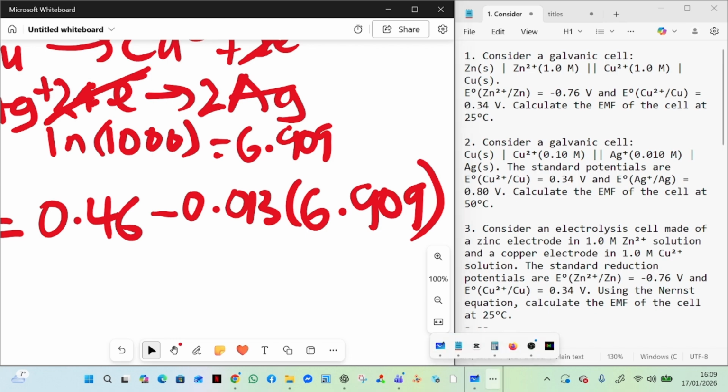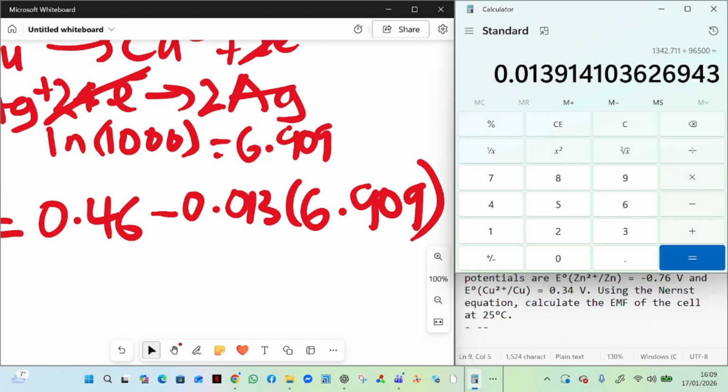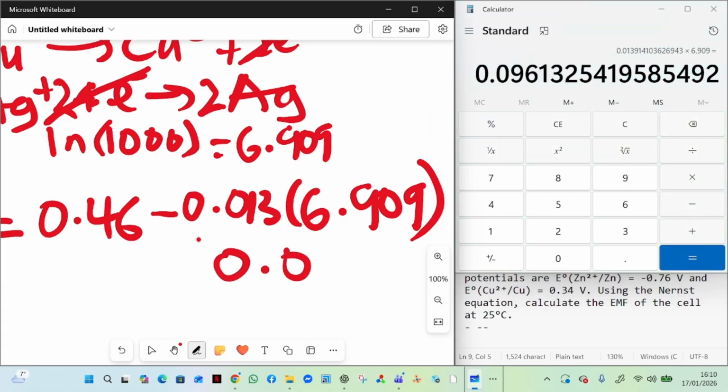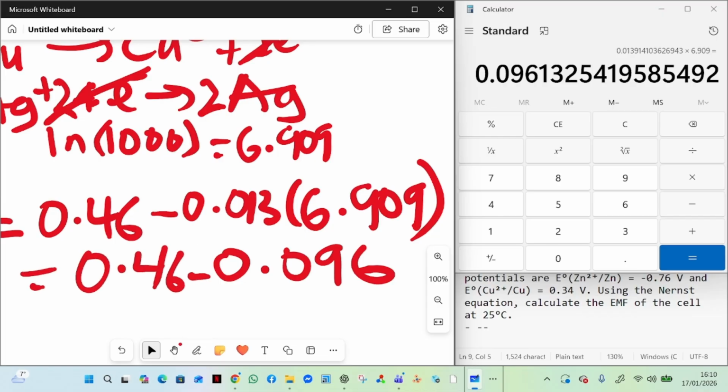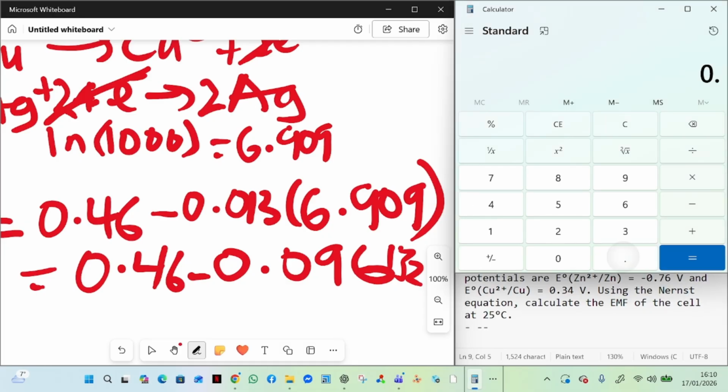So let's calculate for this. The 0.0139 times 6.909 gives us 0.096132. So we have 0.46 minus 0.096132, which is approximately